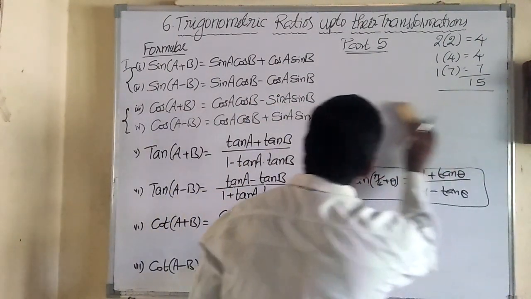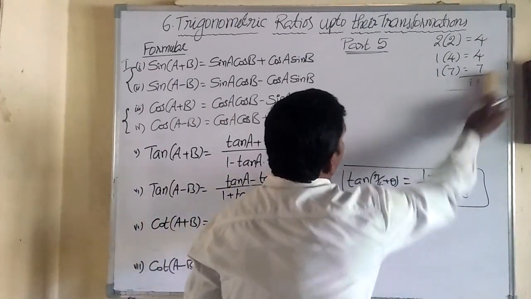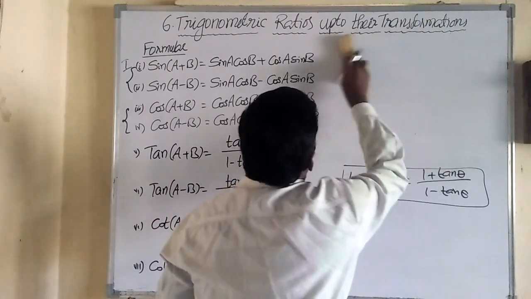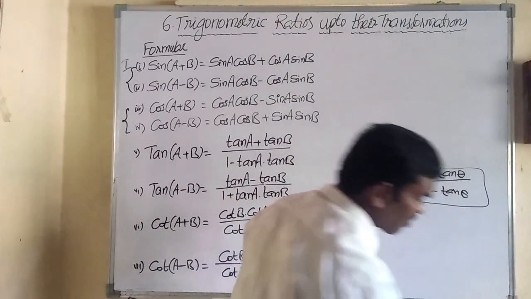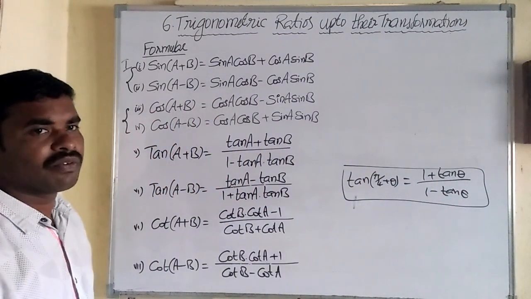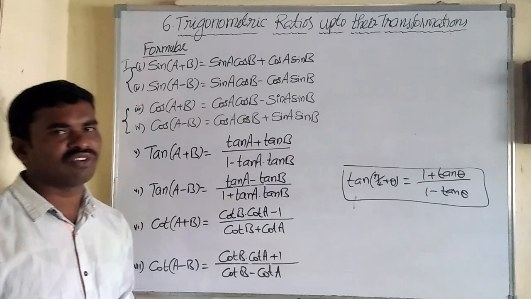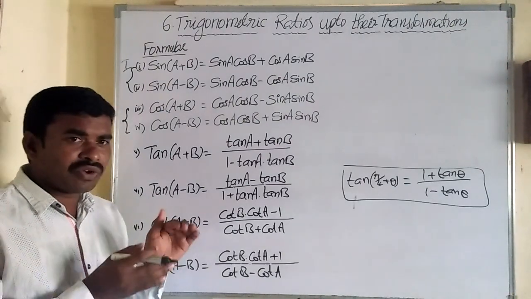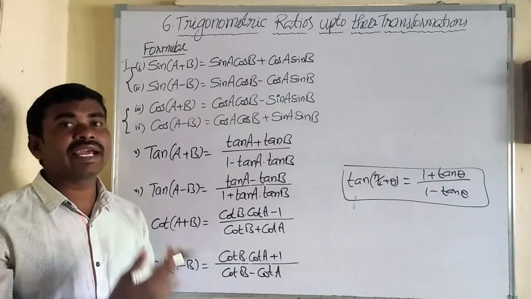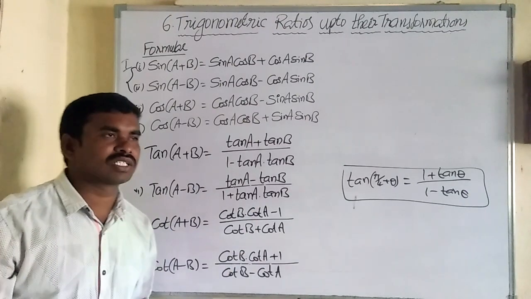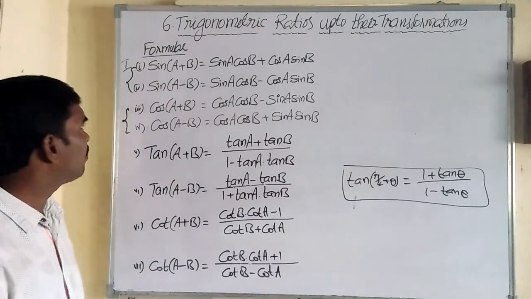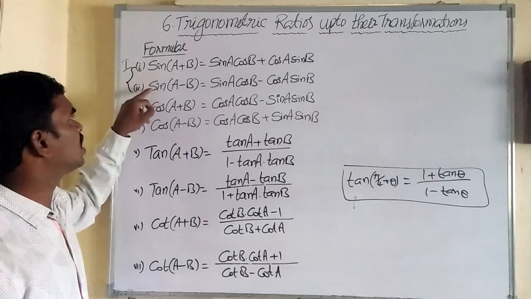See here, many formulas are there in trigonometry, but each and every formula links with the previous formulas, the starting formulas. This means if you know a few formulas, we can derive more formulas. So how can we derive them? For example, here two formulas we know.